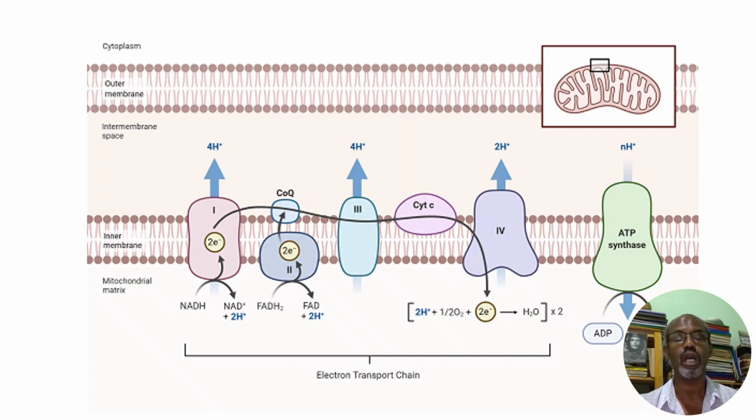There is already a high amount of H+ here. Very acidic here. Therefore, they are taking protons from where they are found in low concentration to where they are found in high concentration. You see, this high concentration is still coming through this canal and activates this catalytic knob. ATP is produced from ADP.